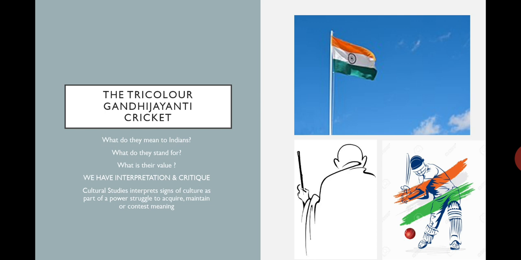Cultural studies interprets these artifacts as an expression of a particular culture or community. Cultural studies critiques them as visible political signs that reinforce a power play. Gandhiji is denoted as the father of the nation. What's the power play coming in here? Patriarchy, father of the nation. The tricolor may be interpreted or critiqued as nationalism, that is, independence, political independence from colonialism. Cricket gains a national identity even though hockey is our acknowledged national game.